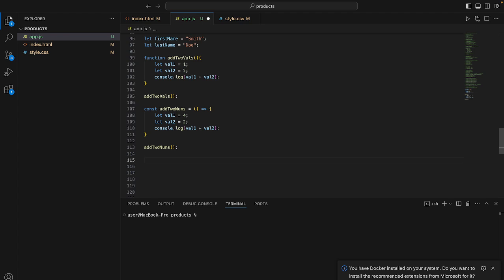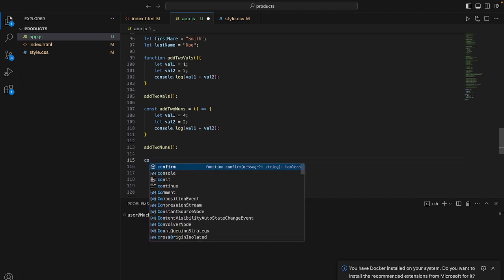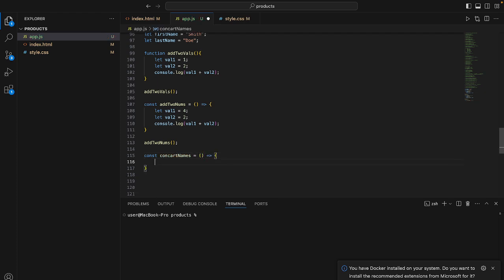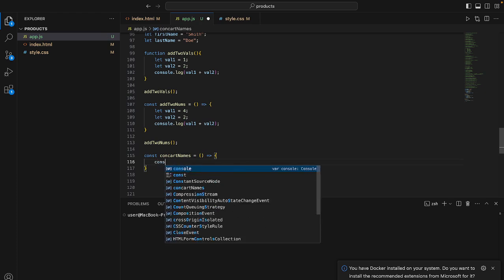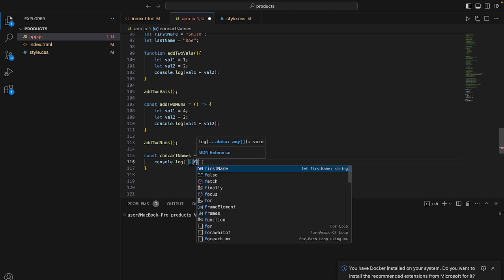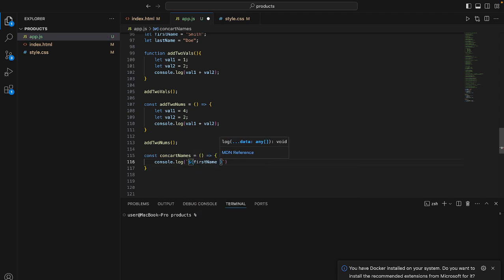So I'm going to say const, and I'll name it concatNames. Then I'm going to say console.log, put in my backtick, and then do, remember, first name,